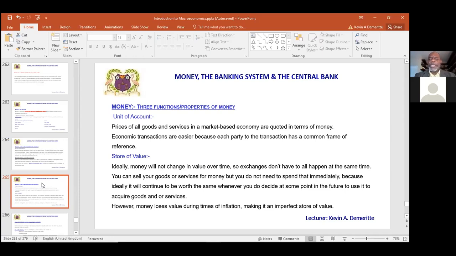What we do is use money as our common frame of reference. It makes economic transactions easier because each party to the transaction has this common frame of reference. We convert everything to this single unit of account that we call money. And so in essence,